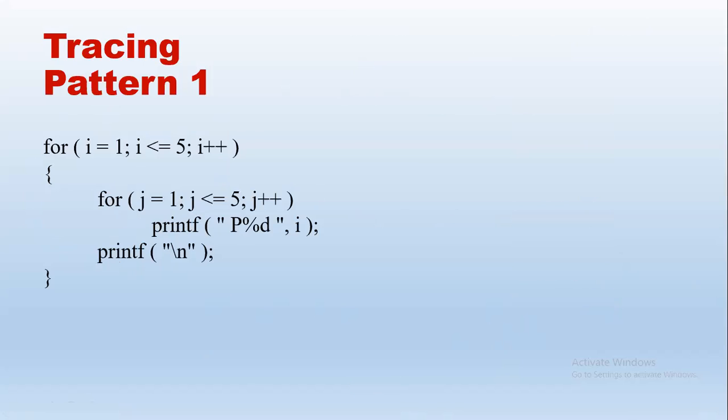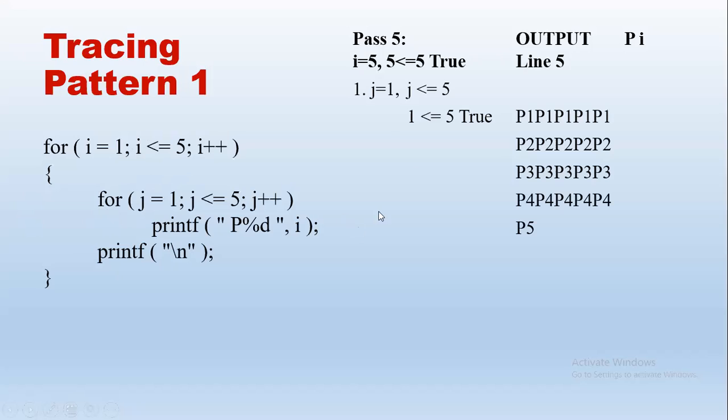So how does pass 5 execute? We are printing line 5 here. So we have printed 4 lines. i is 5 now. 5 less than or equal to 5. Yes, condition is true. Let us print line 5. So step 1. What is step 1? Again, i is 5. So j starts from 1, right? So j always starts from the first value. j is 1 now. 1 less than or equal to 5. Yes, condition true. Print Pi. What is i? i is 5. So print P5 first time in step 1 of pass 5.